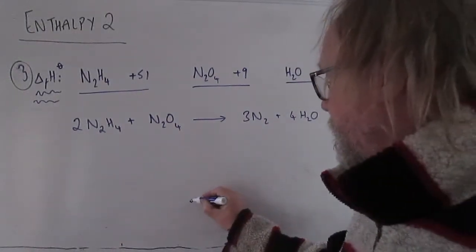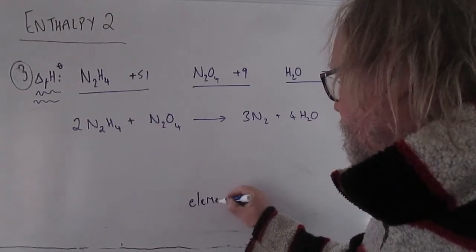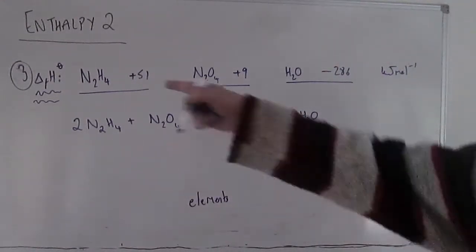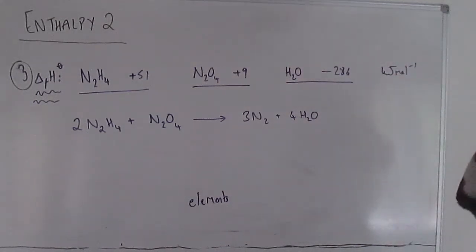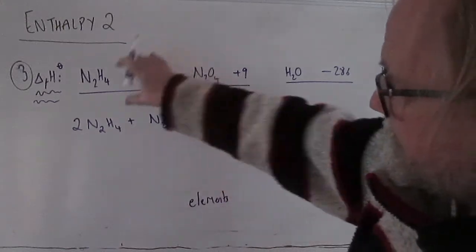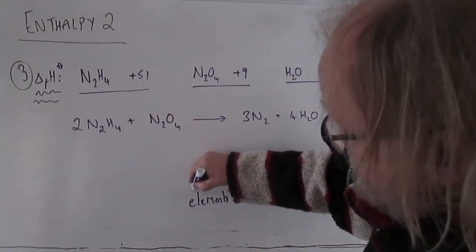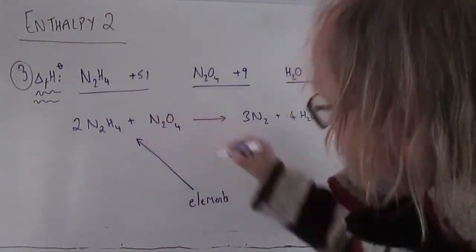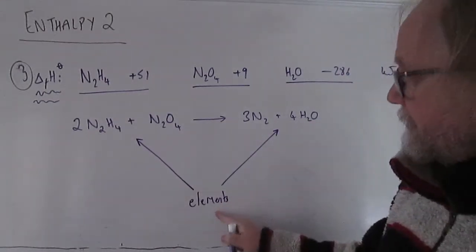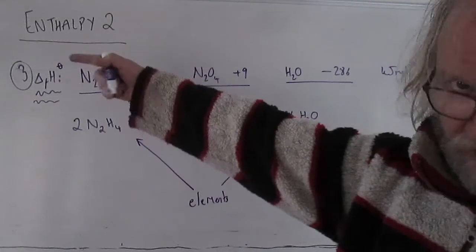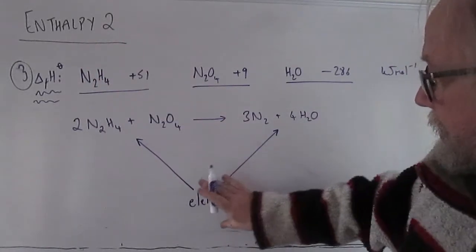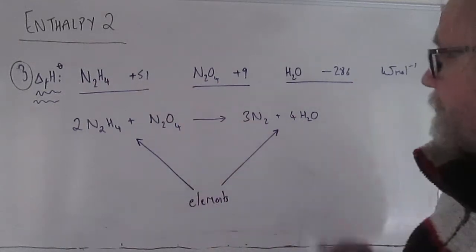we did before that has elements at the bottom. And then we can remember that these numbers we're given, enthalpy changes of formation, are the enthalpy changes when you take those elements and you use them to form the compounds. So we can put on arrows like this and like that. Okay, so we're going from the elements to form the compounds. That's the definition of enthalpy change of formation, and that's how you know which way the arrows go. Okay, going from the elements to form the compounds in each case.